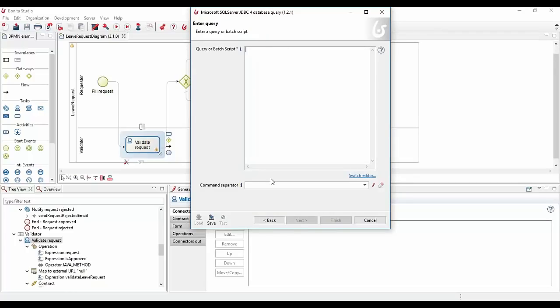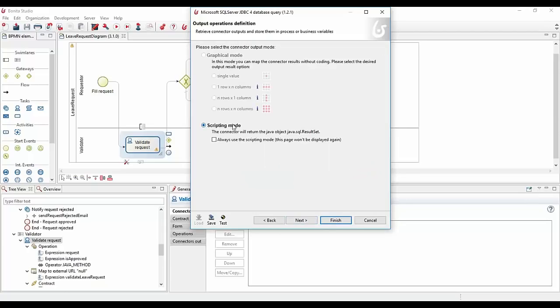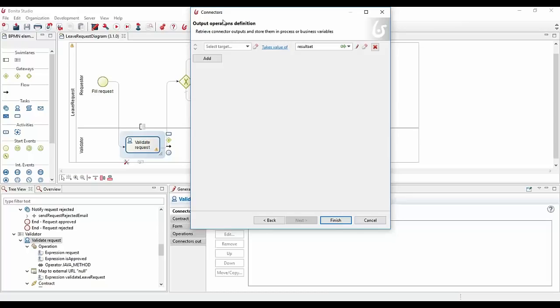It could be a batch, by the way, but here I want to select something from a table, and this will be generated. Then when this request is executed in the remote database, you will be able to extract this information from what we call the output operation.